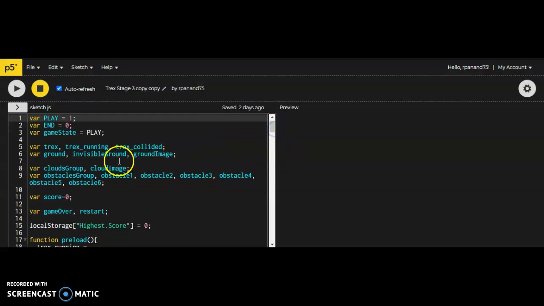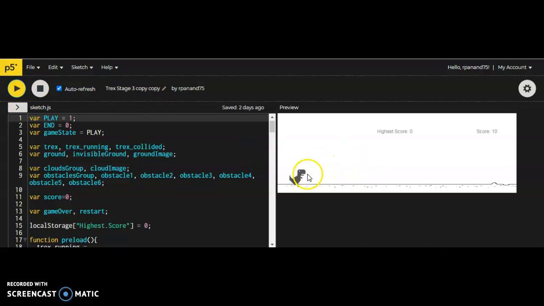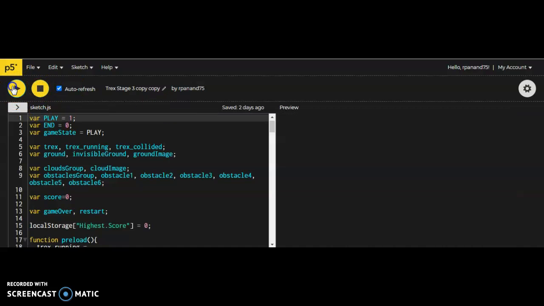Now here you can see that I have added a lot of things. I will introduce them to you one by one. Var trex, var trex_running, trex_collided, var ground, invisible ground, ground image. See, the first one, var trex, means that this is the T-Rex,